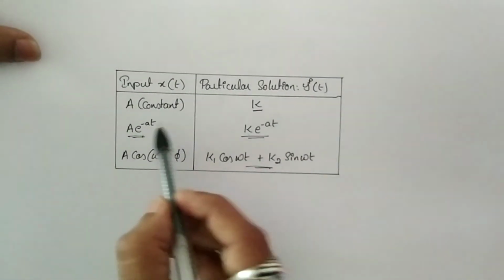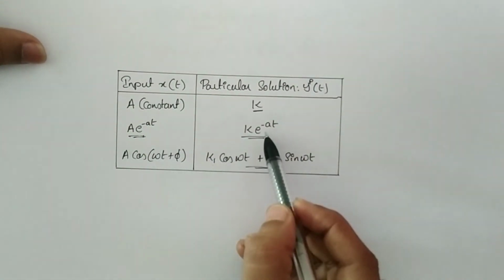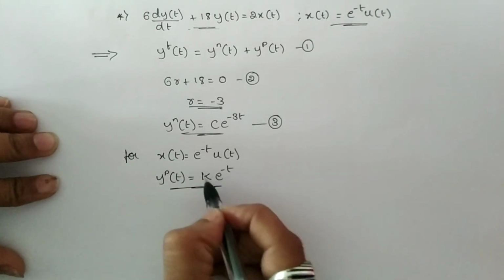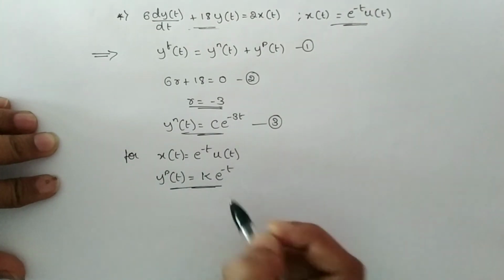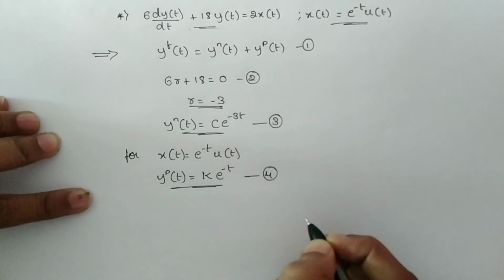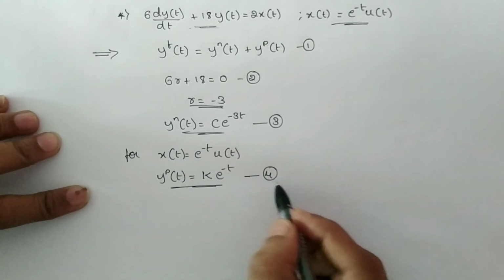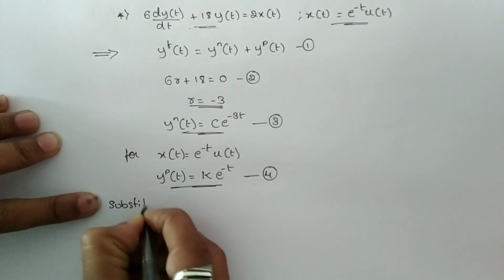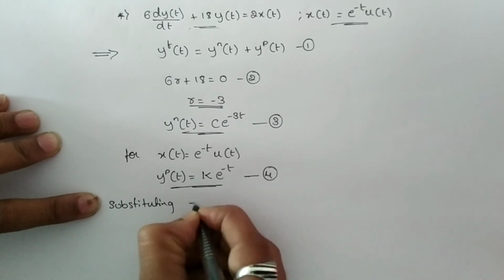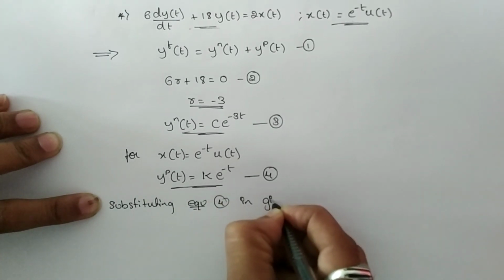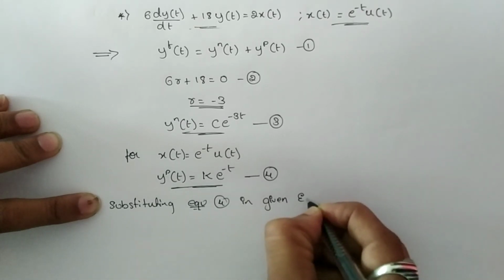Here we can see e power minus at remains the same, only a is replaced by the constant k for a particular solution. So I replaced the constant u of t by k, and e power minus t remains the same for a particular response, marking it as equation number 4. Substituting equation 4 in the given expression,